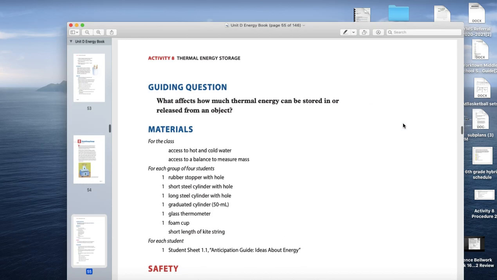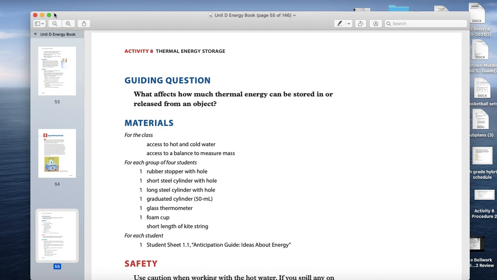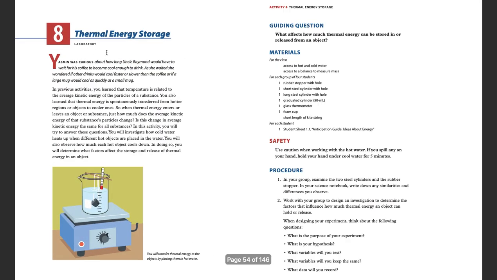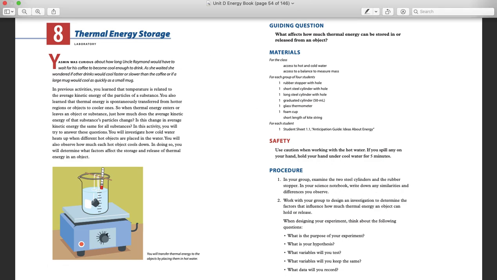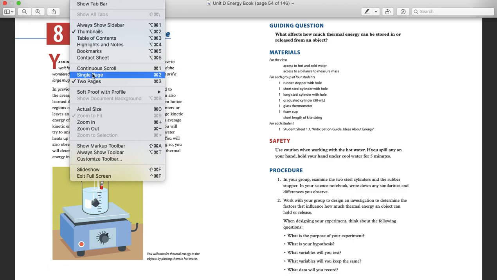Good morning, guys. We're going to go ahead and continue with Activity 8, Thermal Energy Storage. Yesterday, you guys read through the introduction and you even completed Procedure 1 on your own. So if we take a look at Procedure 2,